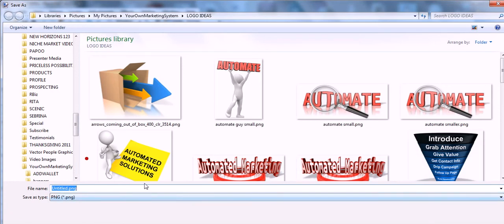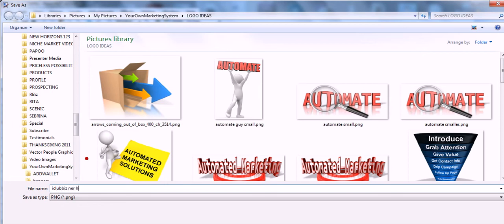You can save it as a .png, whatever it is that you want. Name it. If you're using our marketing systems, I suggest that you name it something very specific. Don't call it header. Don't call it banner new. Call it the name of what it is so that it's specific to that particular page. If you're a network marketer and you promote 3 different companies and you're making sales funnels for 3 different companies and you call them all header, they're going to all interchange with each other. So in this case, I would call it iClubBiz